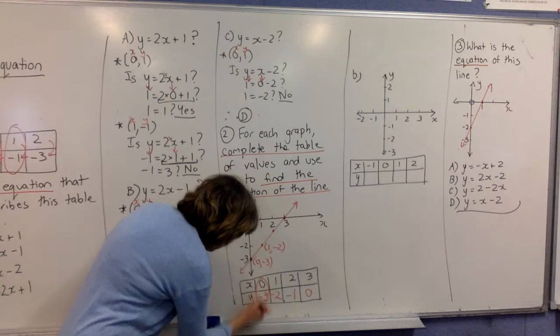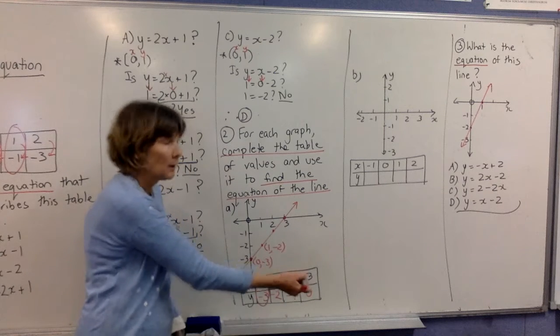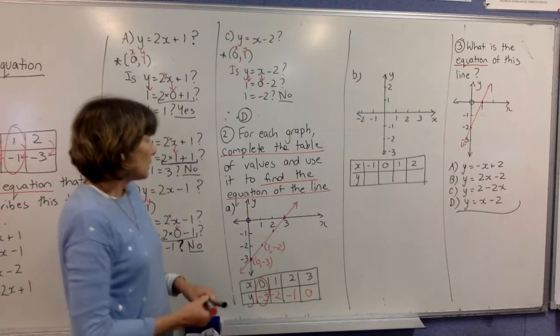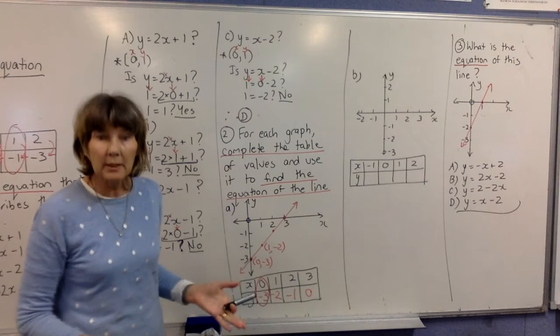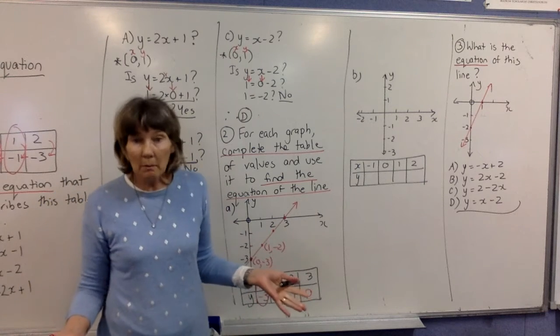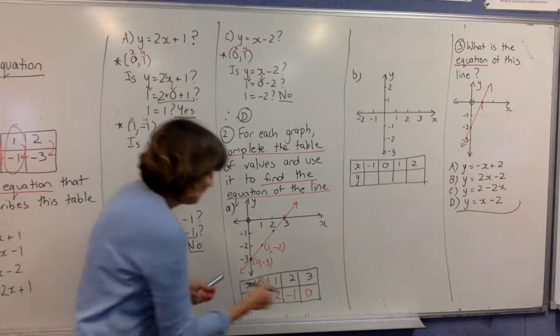So what we've done is put all these points in, haven't we? And they're all in the table now. So now we have to find the equation of the line. So remember when we're doing that, and this is not multiple choice, you've got to do it yourself, we're going